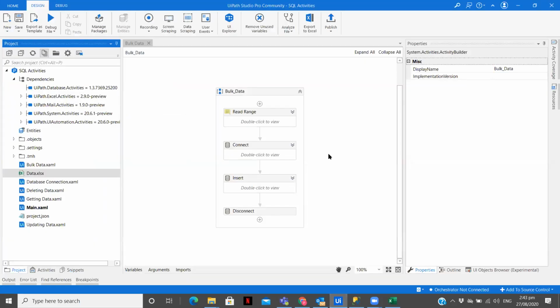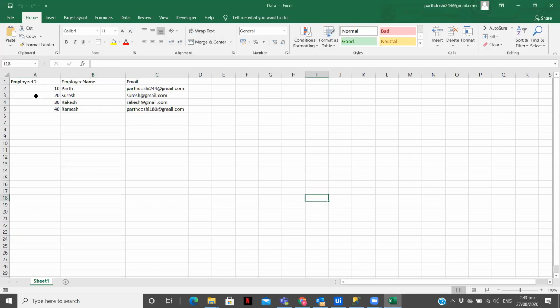Now, what are the two ways to do it? The first way can be putting row by row data. In that, we can use an insert statement and store each of these values in a variable and insert it one by one. But that is not the efficient way. It is very time consuming and will take a lot of time to store your data in the database. The other way is adding them in one go.